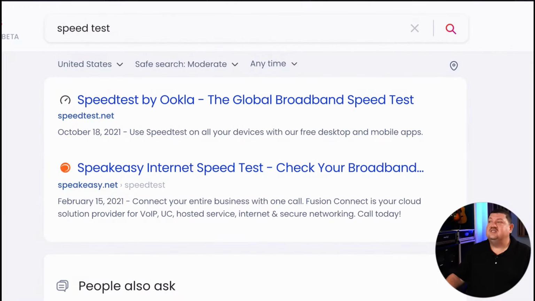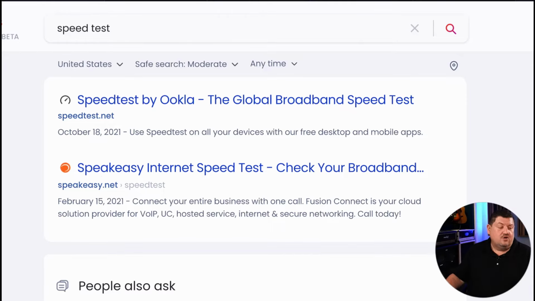Also, if you're connected to a business through a VPN, the actual VPN, whether that's a hardware or software solution, could also be slowing your connection down significantly. So keep in mind, there are all these factors at play here. But it's very easy to find out how to do a speed test. You just go into any browser and type in speed test, and you're going to see the common